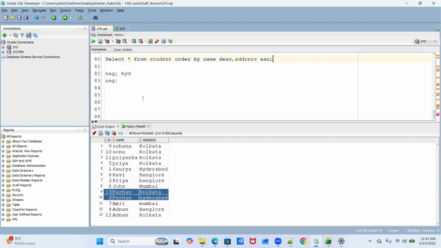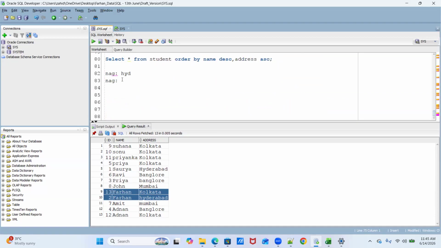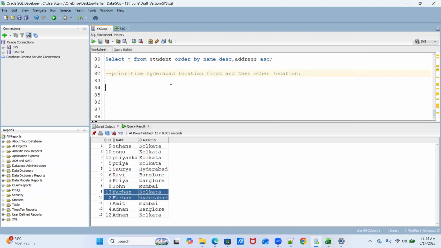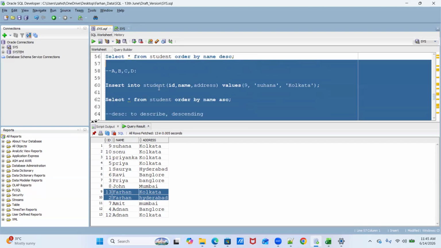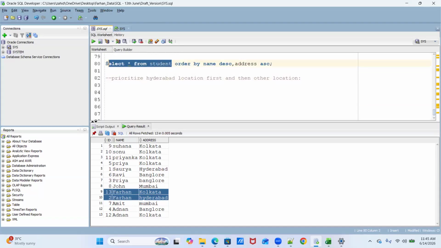Okay, now I was discussing the order by case. My intention is to prioritize the Hyderabad location first and then other locations. I want to see all the students from Hyderabad first, and then the other students.